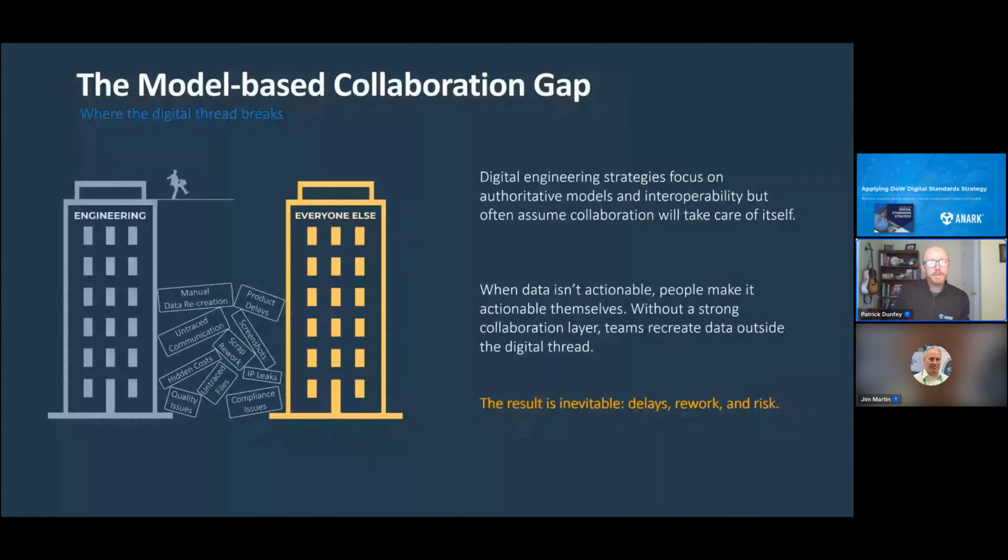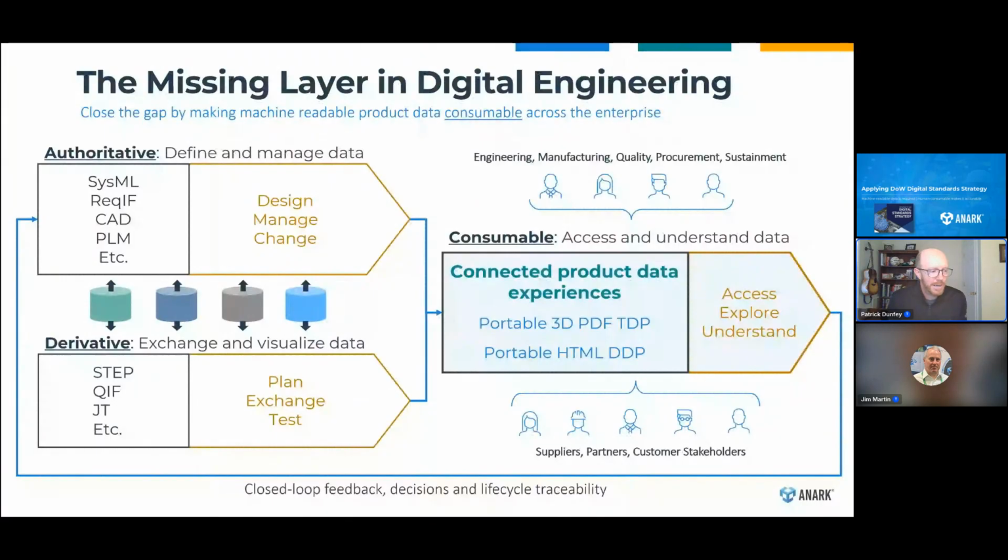And this is how solving this looks. We've started to put together an approach very closely tied to the strategy that's just been released on digital standards, as well as DoD 5097 on digital engineering, the CUI DoD instruction on controlled unclassified information, and all of the other pieces that fit into the puzzle of different standards and different instructions and different strategies. All of these guidelines converge on one thing that we've come back to, which is there's been a missing layer in the digital engineering stack.